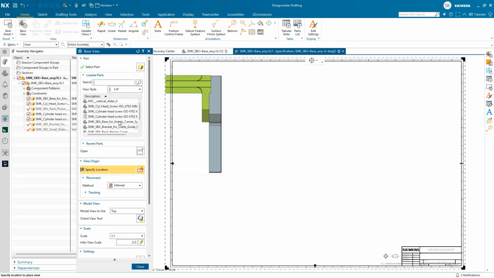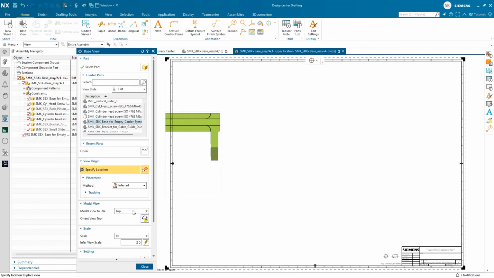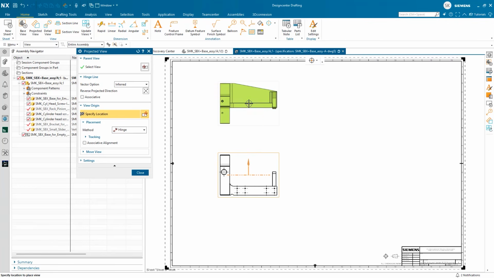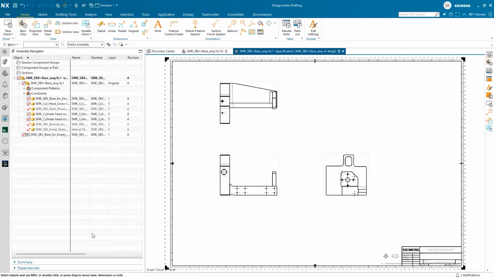So I don't want to have that tagged on as part of my bill of material. Even though it does not show up in the bill of material, on the assembly navigator that will show up. So that is that particular approach. By selecting that, you are able to do that. Okay, so what I want to do is do a right mouse click and just remove that.